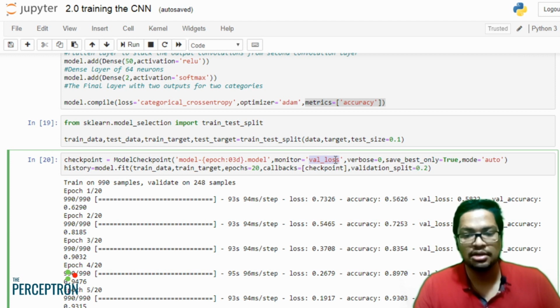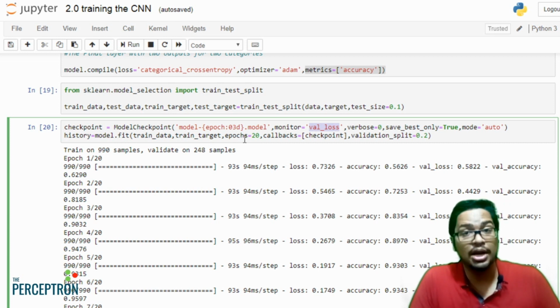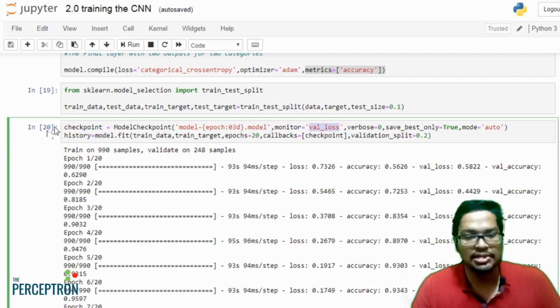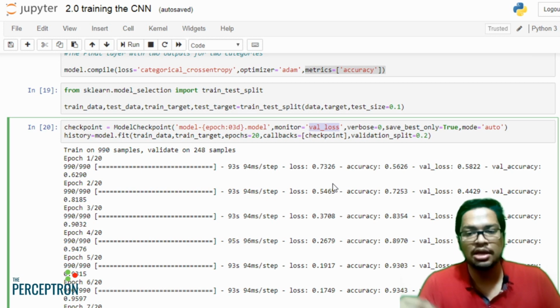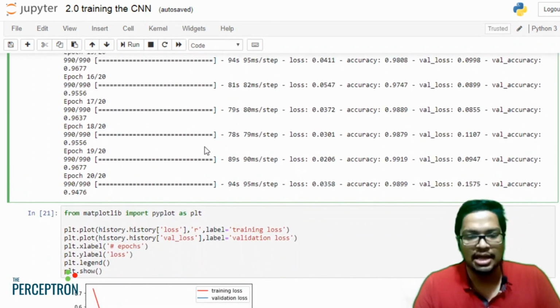So it's going to monitor the validation loss and save the best models per each epoch. Then I'm going to train the neural network using model.fit, with train data and target, and I'm going to use 20 epochs this time, and then I'm going to add the callbacks I just created, and I'm using 20% of the data for validation. And so you can see it's trained for 20 epochs, and at the end we are having an accuracy of almost 0.99 and a validation accuracy of